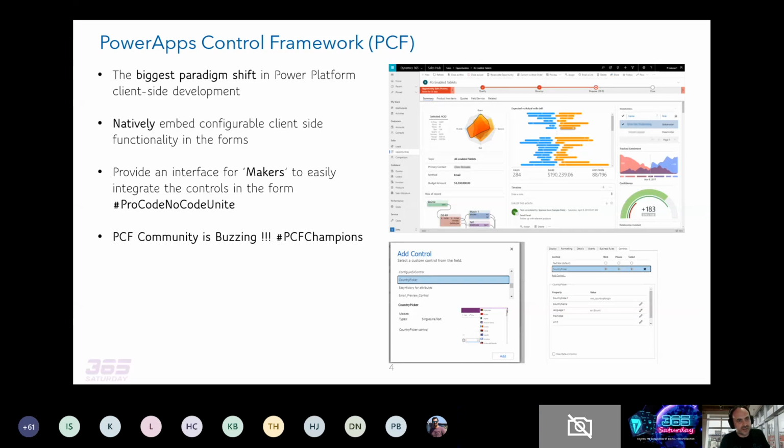Speaking of the PCF framework, everybody knows it, as almost all the presentations this weekend were on the PCF. It's been very disruptive since it came to the Power Platform world. For me, it's the biggest paradigm shift in the Power Platform in a very long time. It gives you the ability to natively